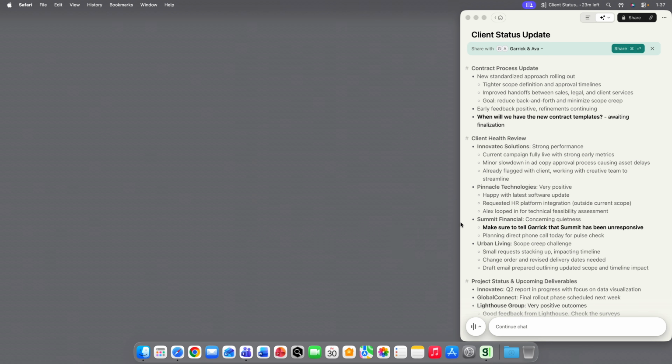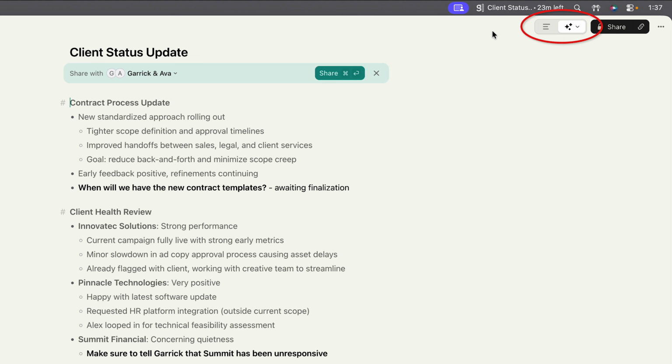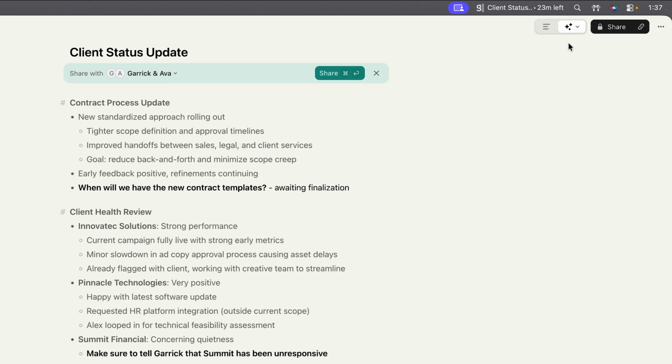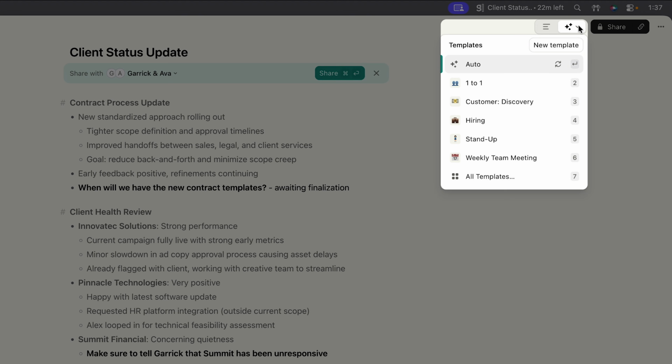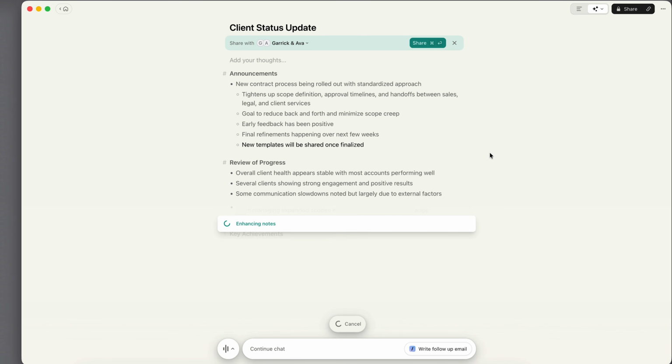At any point, you can resize the window to get more working space. At the top, there's a toggle switch where you can edit your manual notes, or you can switch to the AI enhanced notes. And the optional templates can reformat the notes based on the type of meeting. The notes you need from a hiring meeting are different from a weekly team meeting. Choose a template and let the AI reformat the notes with the section headers that better match that type of